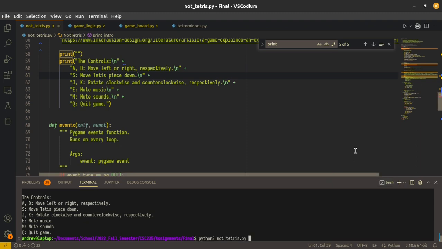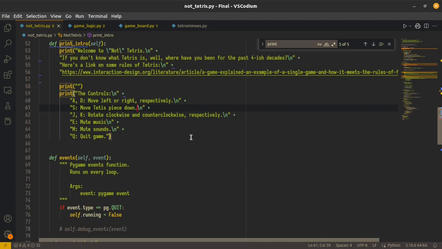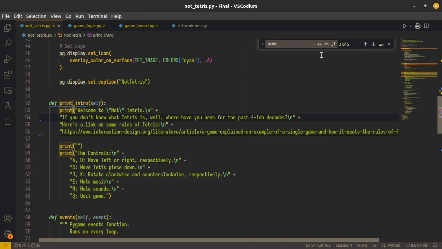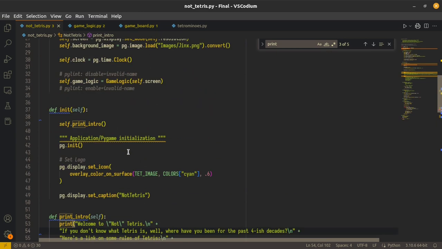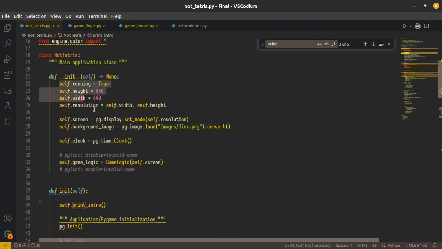Alrighty, so this is a quick demonstration of my final for CSC 235. It is a clone of Tetris in Python. I don't know if we're supposed to show off all of the requirements for the final, but you can see I have well over 10 functions, a ton of data types, or variables